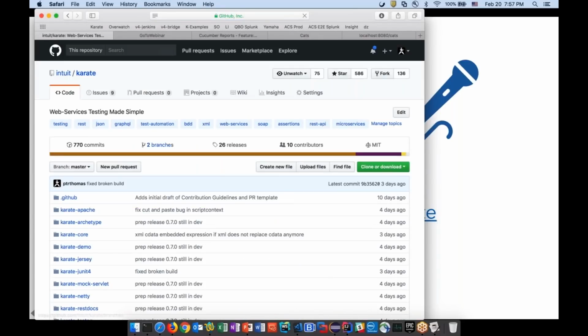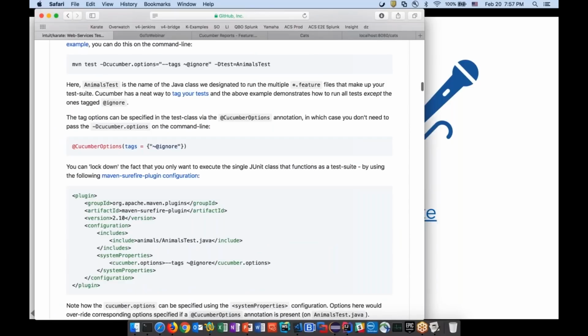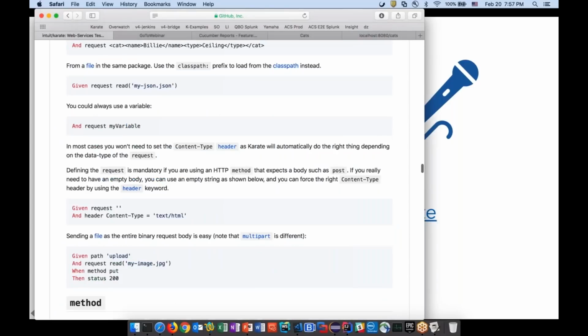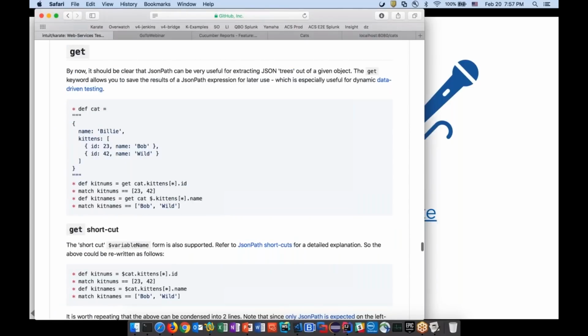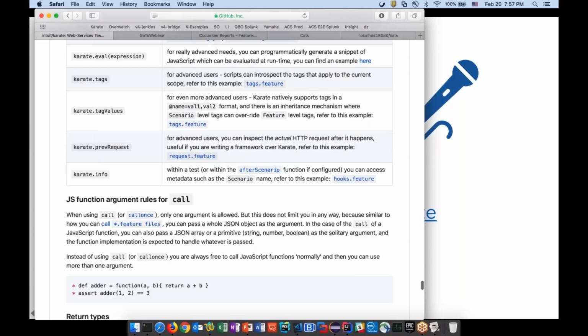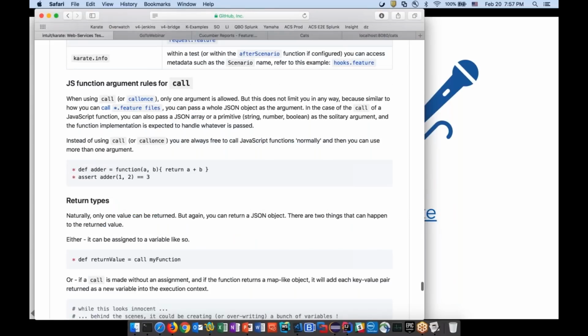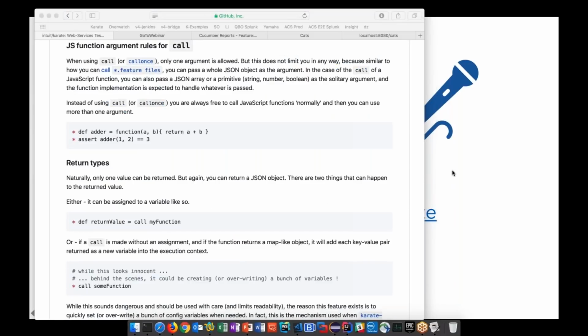In fact, one of the feedback I get, which I think is a good thing, I take it as a compliment, is that there is too much documentation. So I'll just scroll through this for a moment. And there's really a lot. This has taken a while to build, a lot of support from various folks, but I'm very happy to say that for someone who's new, who needs to onboard onto Karate very quickly, I think you would be happy with what you would see, and you can expect a fair, decent level of documentation.